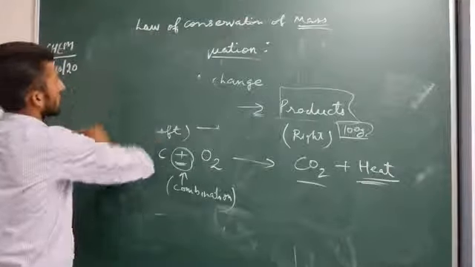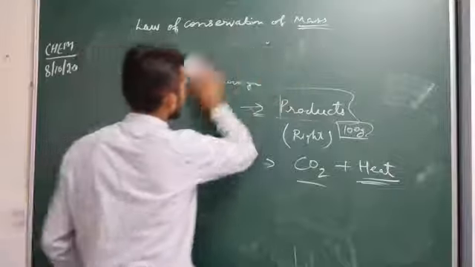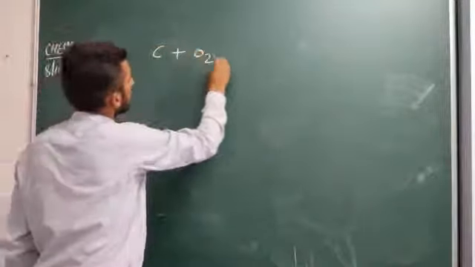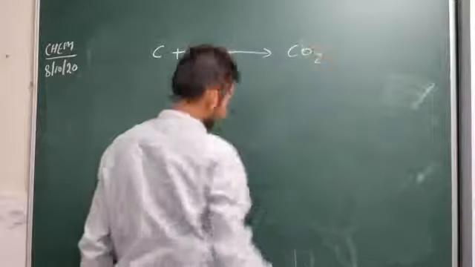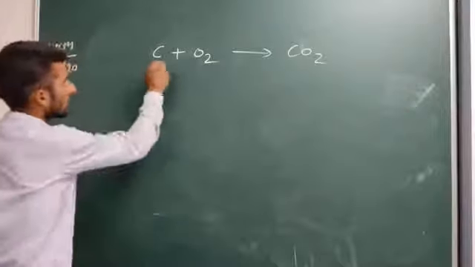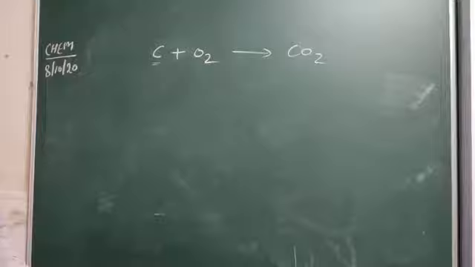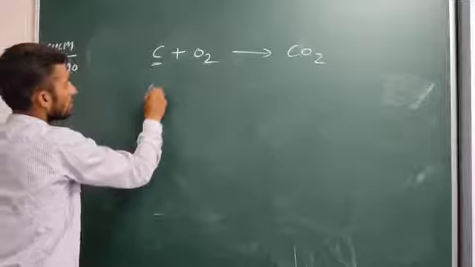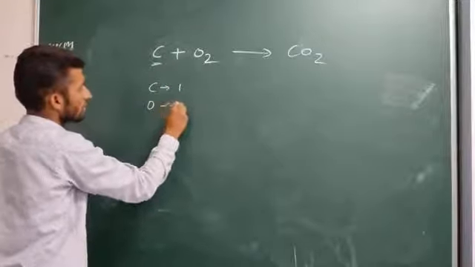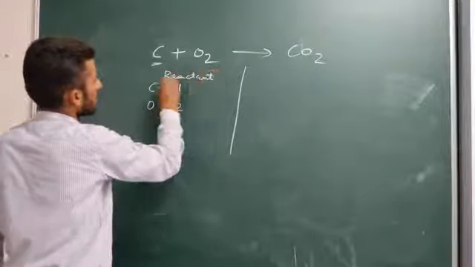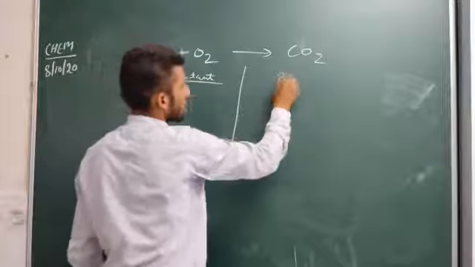Now if the skeleton equation, like I had written earlier, now I will write here on the top. If it contains an equal number of atoms on both sides, like yesterday we discussed that one atom represents the mass of that particular element also, then that equation we can say is balanced. Like one carbon is written, how many carbons? 1. How many oxygens? 1. This one is the reactant side, and this one is the product side.